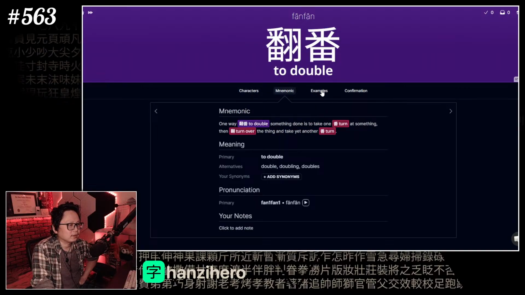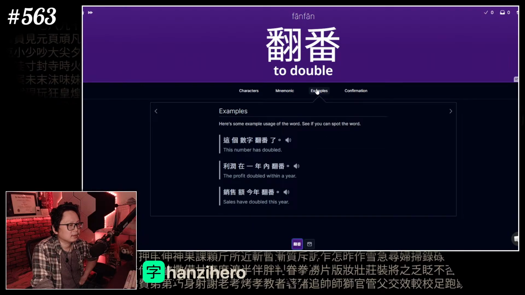Like the turn or doubling. It's interesting. Double turns. Yeah, it has double. 这个 number. What is that? 苏子? No, that's not 苏子. Oh yeah, it is 树. Oh no, 树 not 苏. 这个数字翻番了。